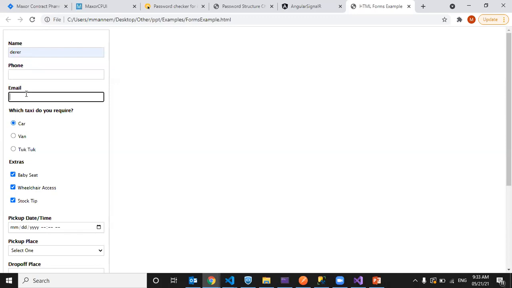If we want to perform validations like required fields, or that the email ID should be in a proper format: I can enter something like this, but this is not a valid email. I can also give 1234556 as a phone number, but it is not a valid phone number, right? To check all these constraints, we use validations. So validations can be performed two ways.